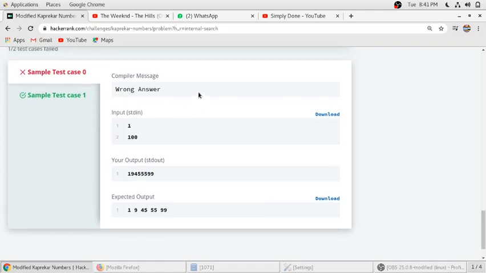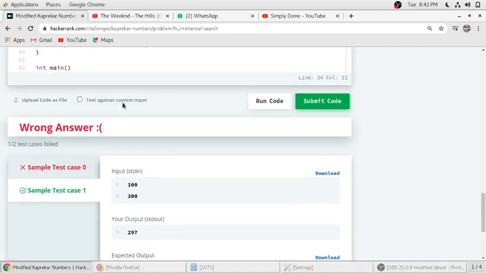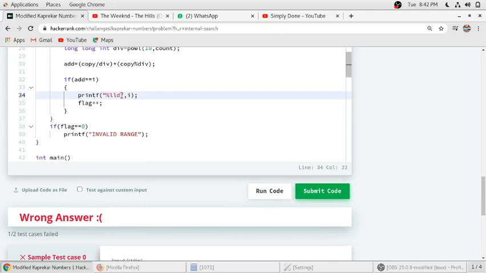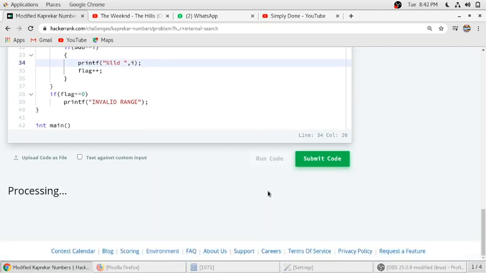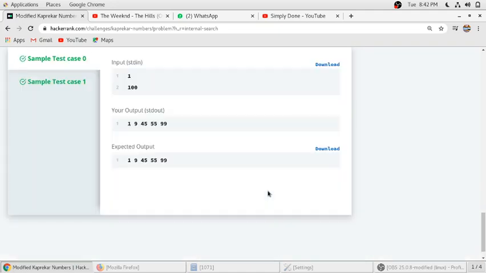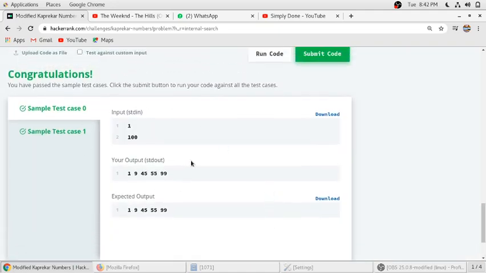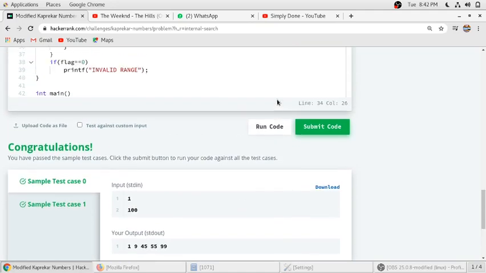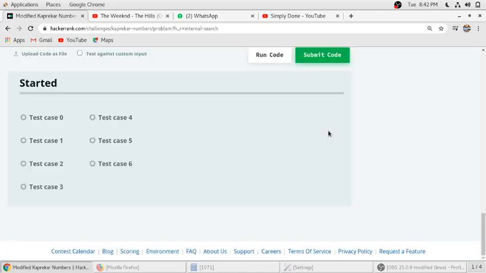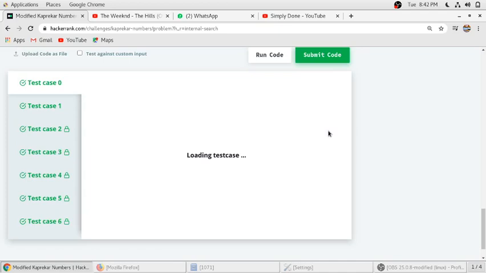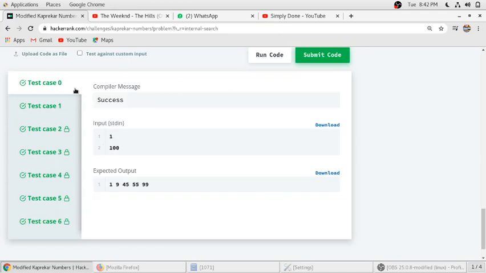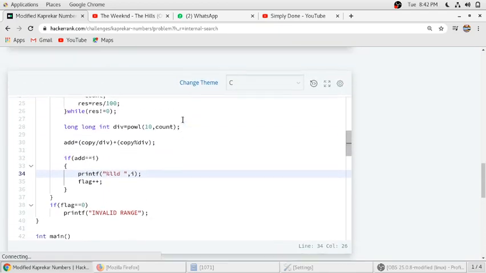We also have to keep the space in between, and run it again. Now this is giving us the output we need, so our code is running. We'll submit our code and check for all the test cases. All the test cases are passed, so our code is running fine.